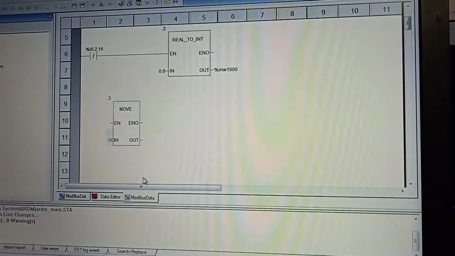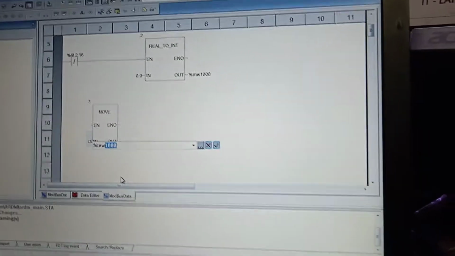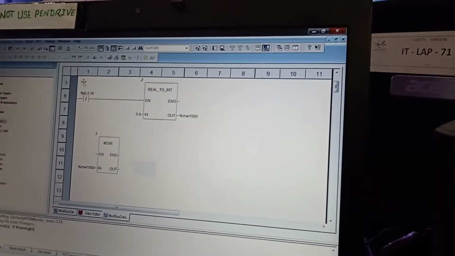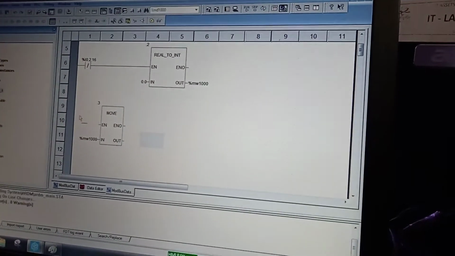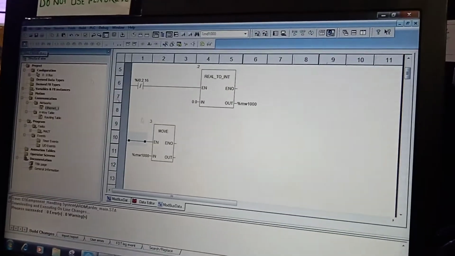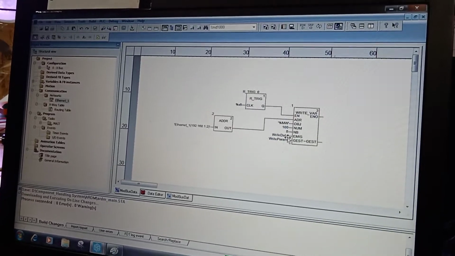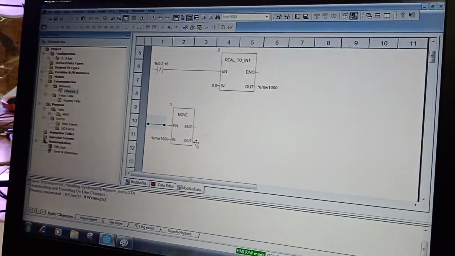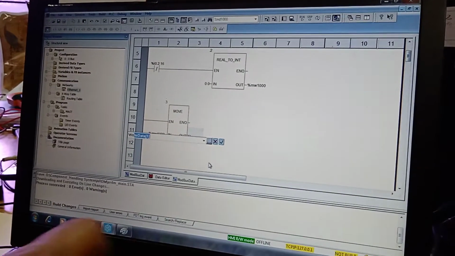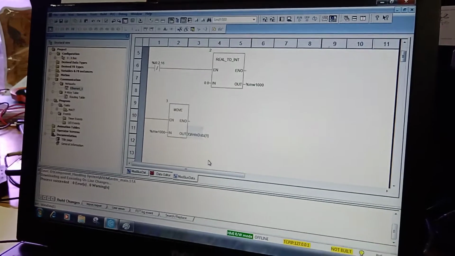So this input will be my %MW 1000, and this is the output. Again, you see the array name is write data. So this will go to the first element, write data, my first element.